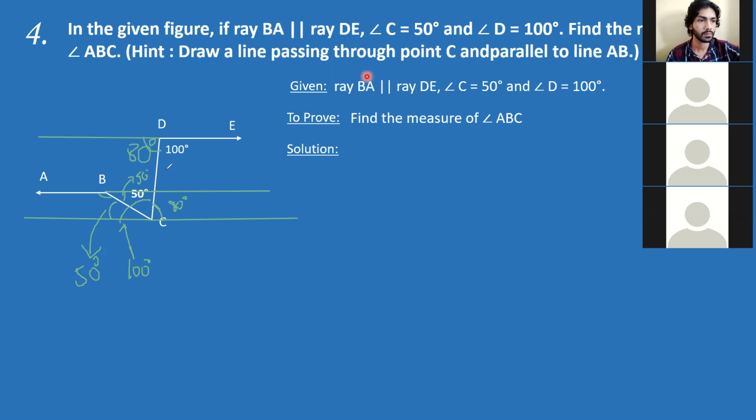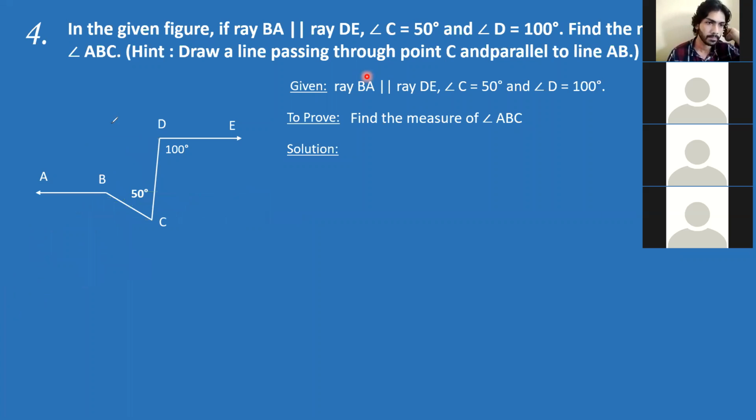100. Then what is this? 180 minus 50, how much is it? 130. Exactly. Great. So this is one solution we have. Prathamesh, now you can tell me your solution.